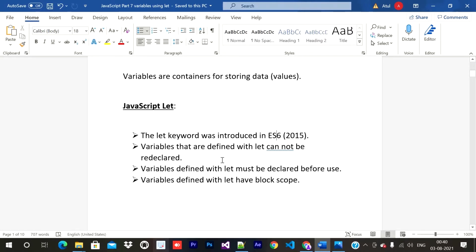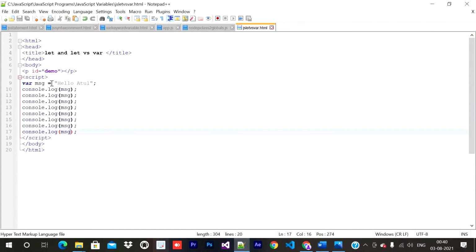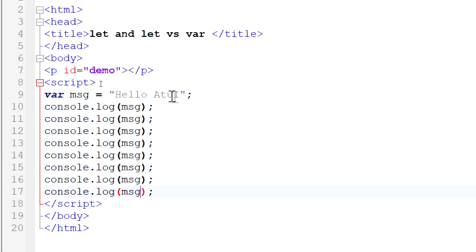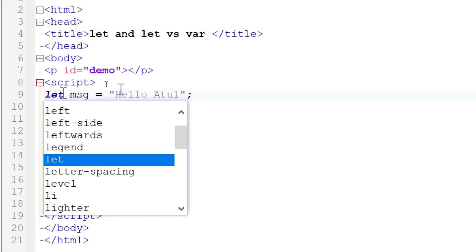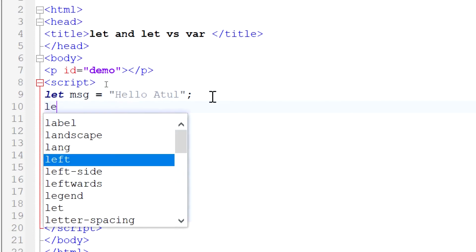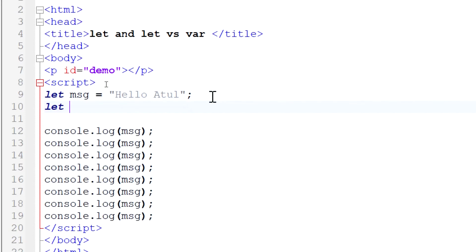Variables defined with let cannot be redeclared. If we declare a variable with the let keyword, we cannot redeclare the same variable name. Let me show you. I write let msg equal to hello Atul, and within the same scope I write let msg equal to 0, using the same variable name as above.